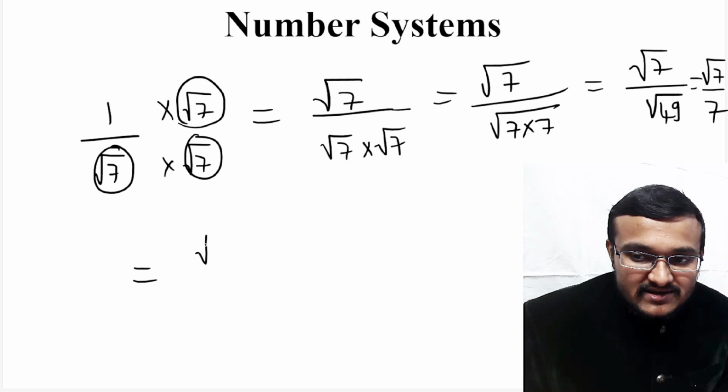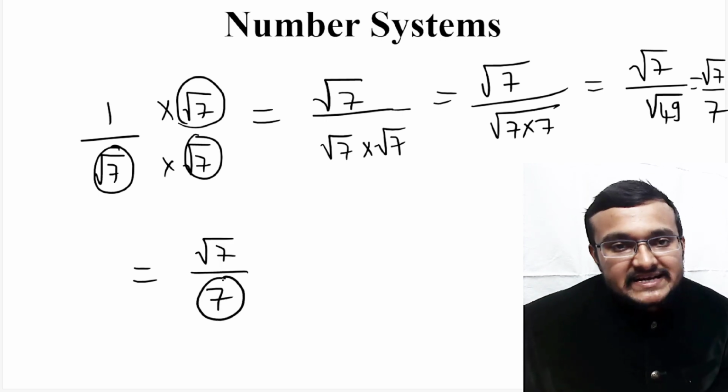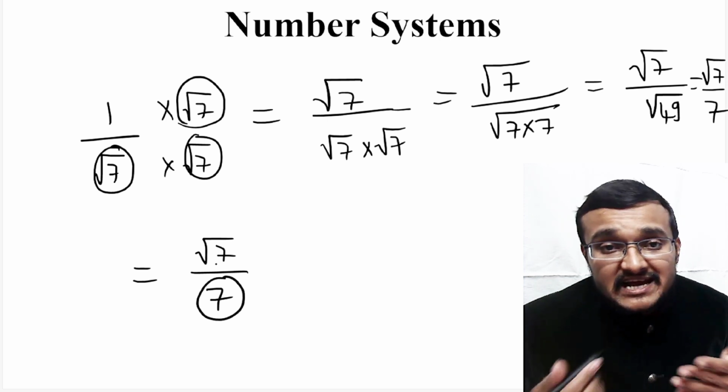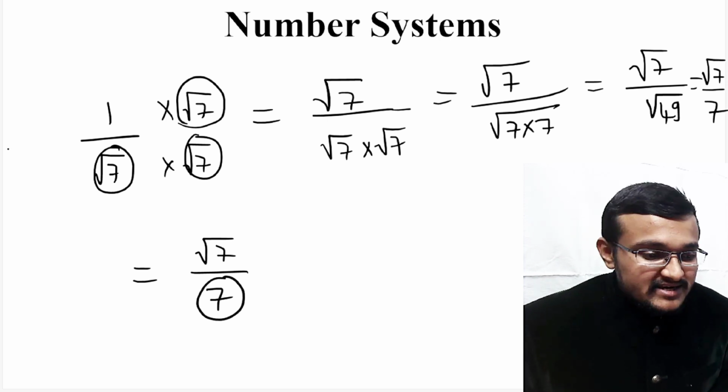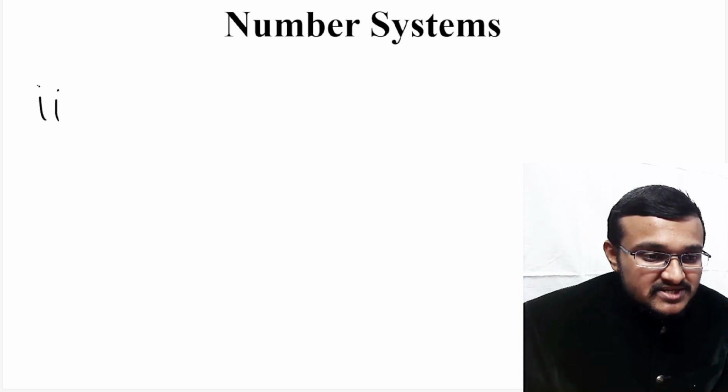So finally you are getting root 7 divided by 7. So here you can see 7 is a rational number. So that means we have rationalized the denominator. So now looking into the second question in the same